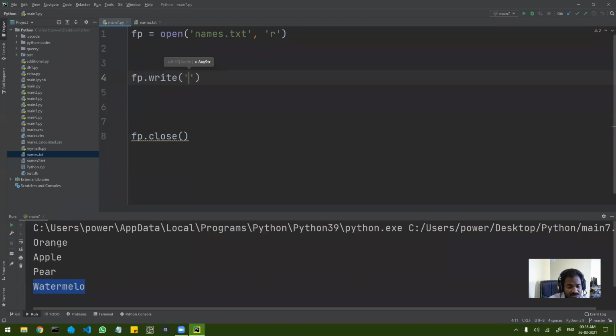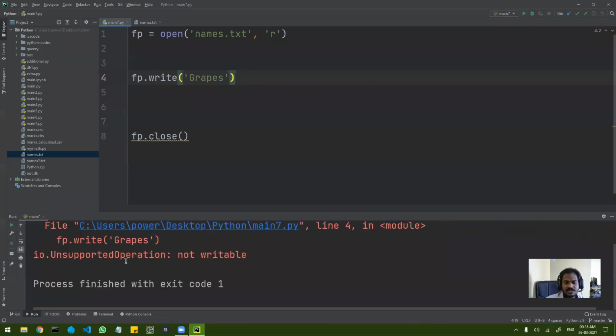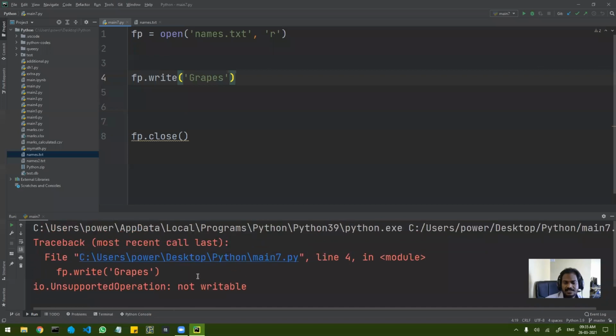Tell me the name of some fruit, yaar. Grapes. Okay, so I try to write, let's see whether it will write or not. Okay, so let's run this and you can see it says not writable. Why? Because the mode in which you have opened it is read mode. Okay, so let's try to open it in